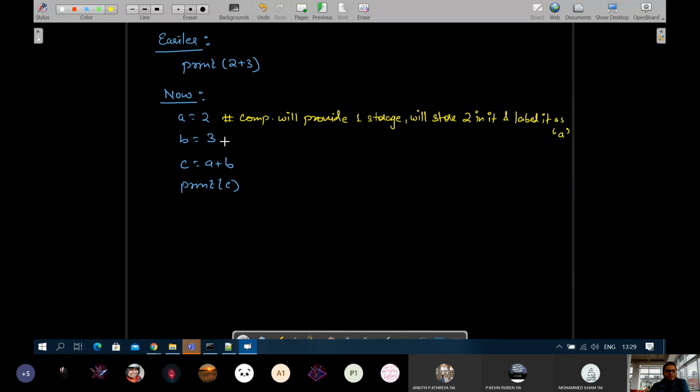Similarly इसमें भी होगा, ठीक है. So computer will provide one storage, will store 3 in it and label it as B.